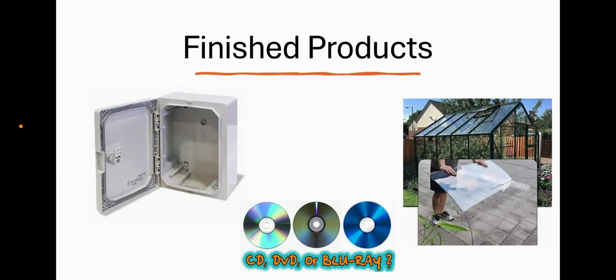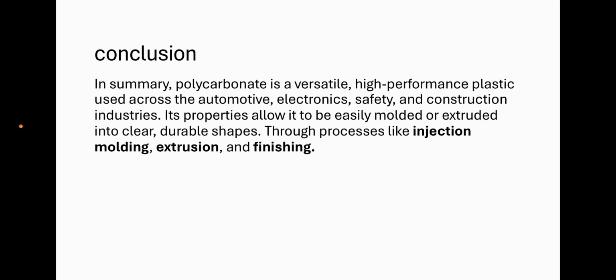And these are some finished products: CDs, DVDs, and Blu-ray discs, electrical housings and connectors, and transparent roofing and greenhouse panels. Conclusion: in summary, polycarbonate is a versatile,